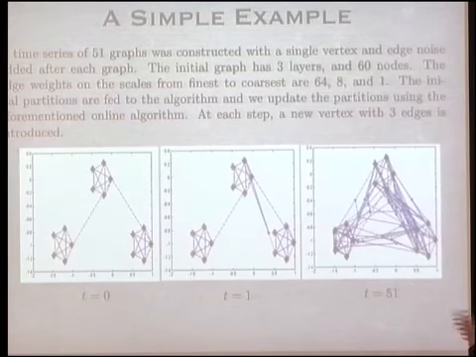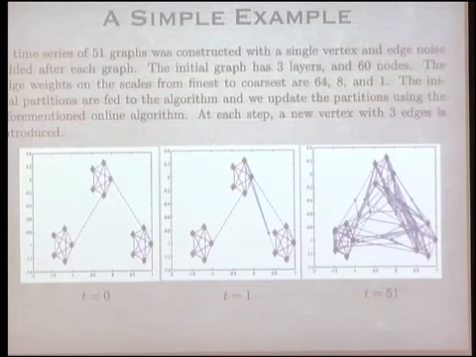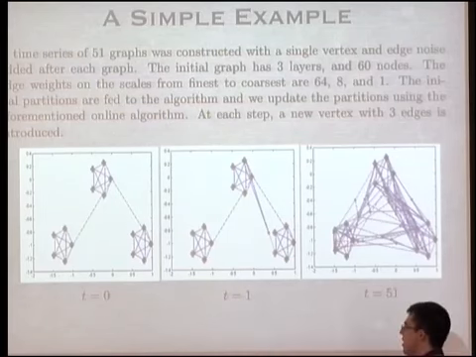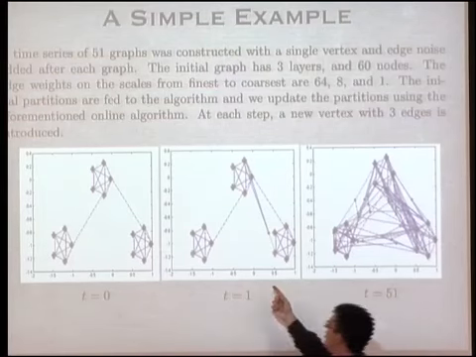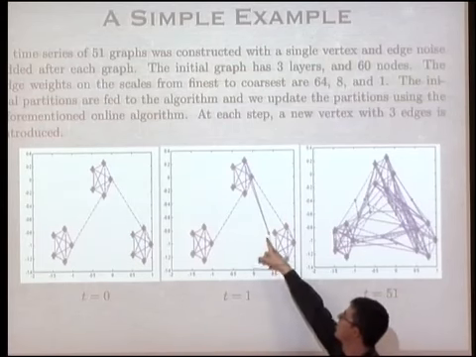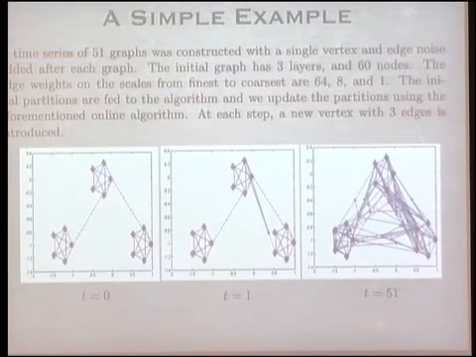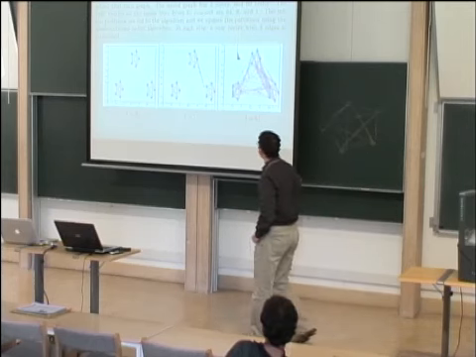So we take one of these toy models, and we start dynamics by randomly adding and removing edges, vertices, and so on. In fact, the probability of adding vertices is larger than that of removing them, so the network actually grows in time. This is the original network. This is time equal to 1. A vertex appeared over there with some weights to the clusters. And at time 51, where we stop, we have many more connections and many more nodes.